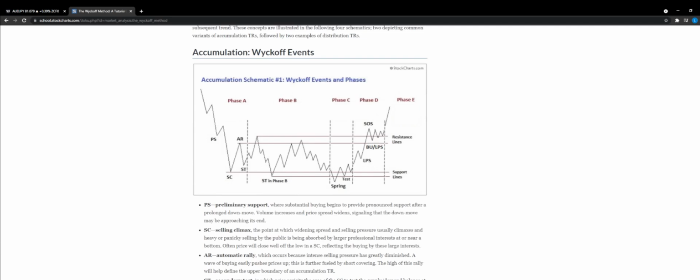So pretty much it's just liquidity sweeps within phase B, right? Because obviously, like I said, you may see further secondary tests. What I'm saying is you're going to see a test below the SC. You may even see a test above the AR, or even this high. So that's where you will see the highs and lows of the range, and again it's just breaking to the downside and liquidity sweeping, taking out the buys, and that's where the classic manipulation starts to happen,